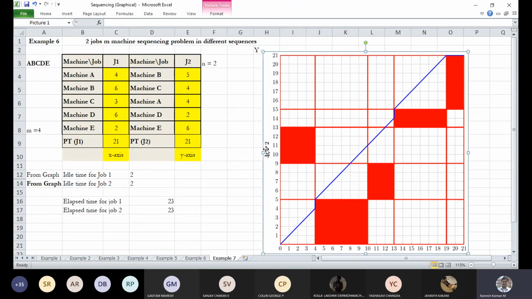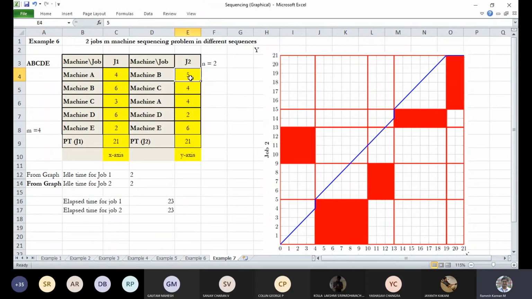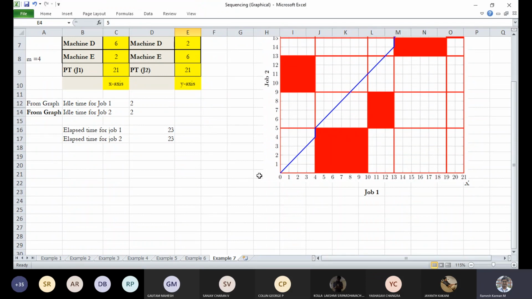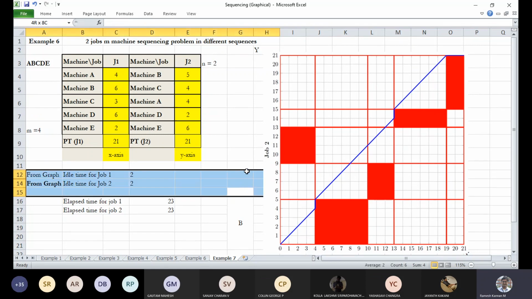For job 2, from 0 to 5, that is for mission B. So we have got 5 duration. Remember, this is mission B. It's not A, it is B. 0 to 5. Okay. 0 to 1 is 1, 1 to 2 is 2, 2 to 3 is 3, 3 to 4 is 4, 4 to 5 is 5. So job 2 mission B is 5. Then mission C has 4 duration for job 2. Say mission C 1, 2, 3, and 4.